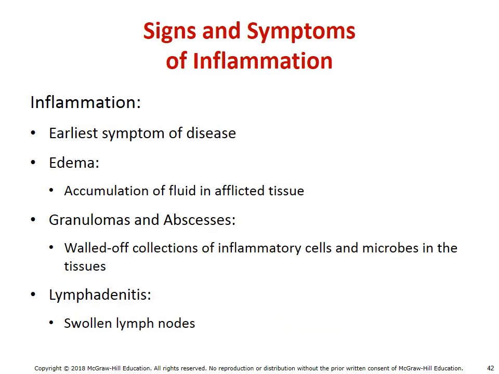Inflammation is typically one of the first signs that really show up for infection. The idea is inflammation is typically going to be characterized by things like swelling and redness and heat and pain. This is the body's attempt to try to eliminate a potential infection. This can lead to, again, things like edema, which is an accumulation of fluids. Granulomas or abscesses, where we're trying to wall off or even fight potential pathogens. Or even swollen lymph nodes, which illustrates, again, the immune response trying to kick in to fight infection.